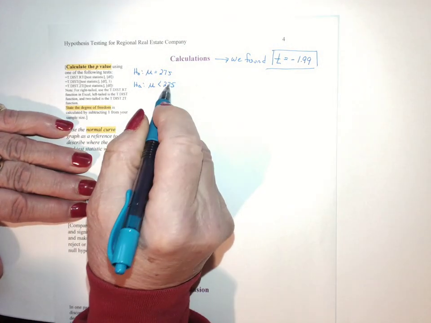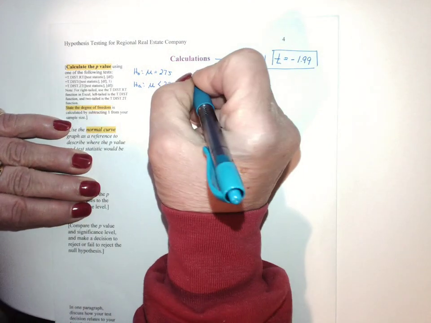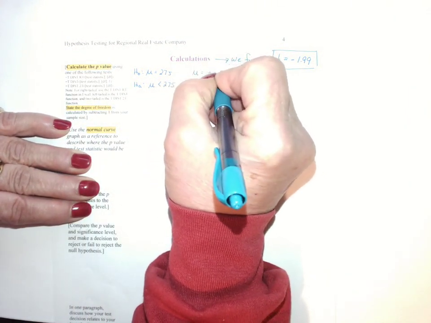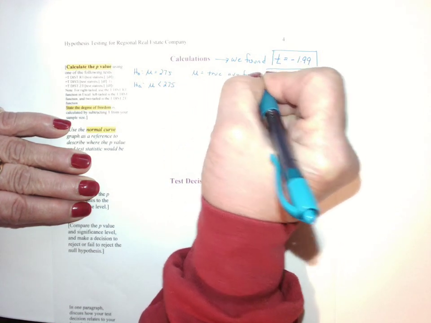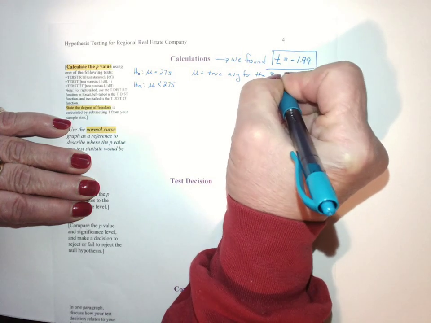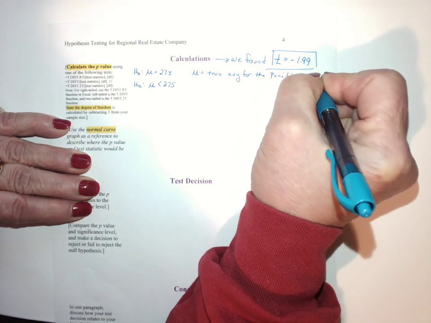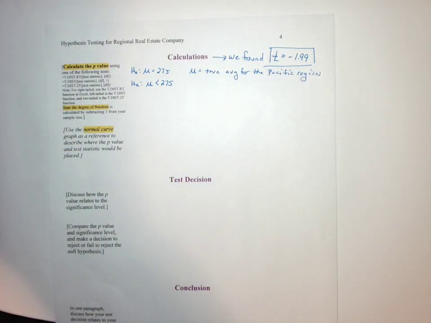So we want to know, is our rep better than the Pacific region? And mu is the true average for the Pacific region. Okay, so given that information,